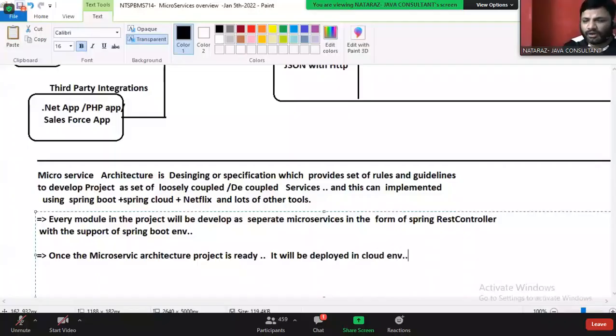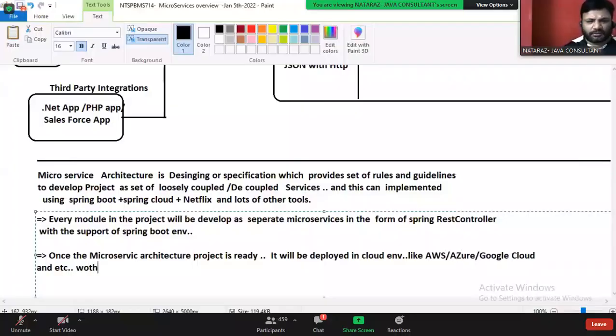It will be deployed in what? Cloud environment. Like AWS, Azure, Google Cloud, and etc. It will be deployed in cloud environment like AWS, Azure kind of.